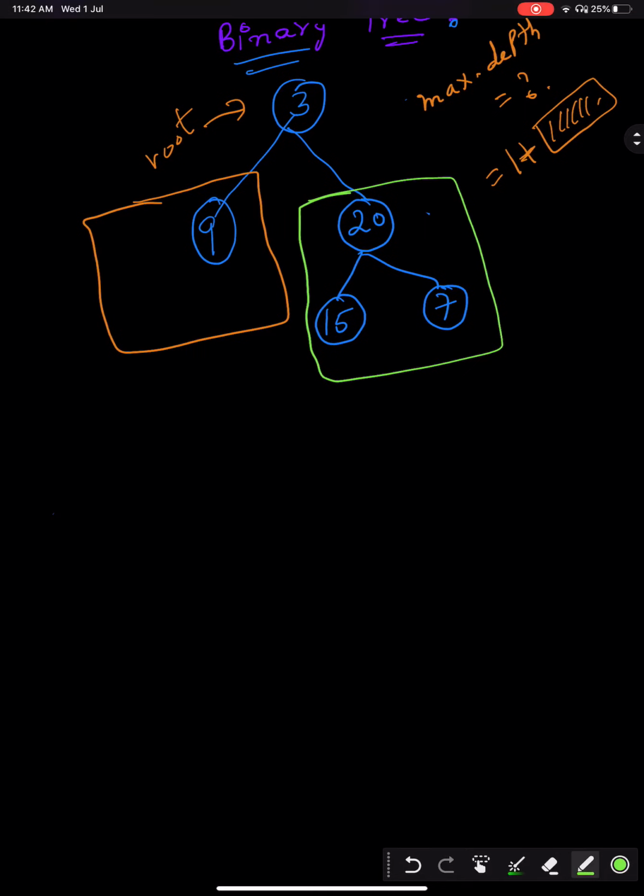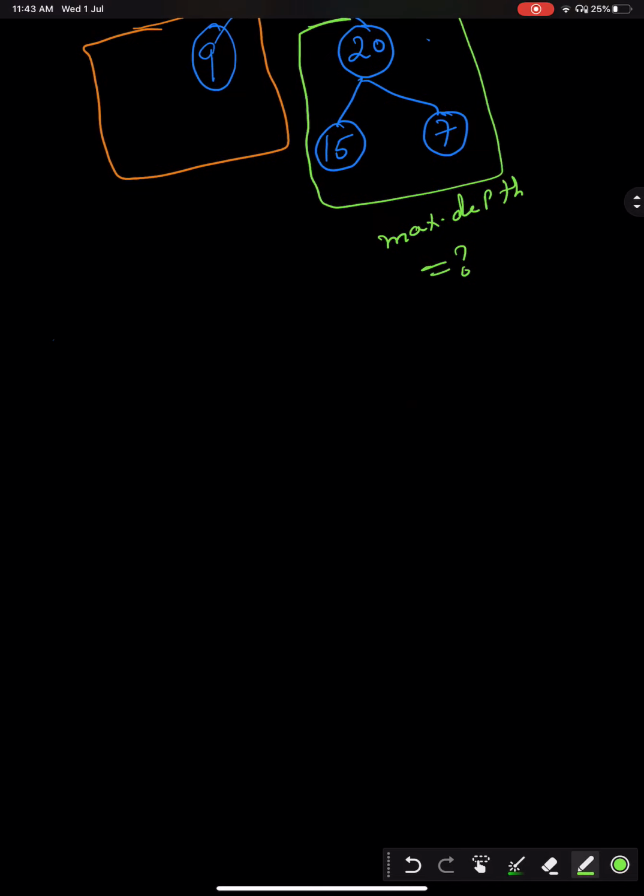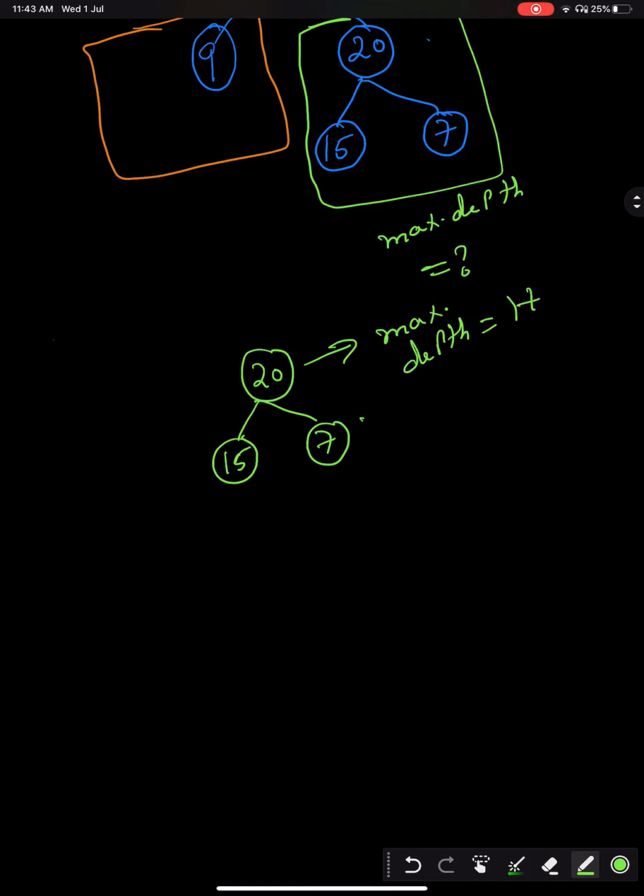So first, let us find out the maximum depth of the right subtree, and by the way, we are using DFS to solve this problem. So 20, 15, 7. The maximum depth of this right subtree will be 1 plus, since the root node is always included in the final answer, the maximum depth of this left subtree and the maximum depth of this right subtree.